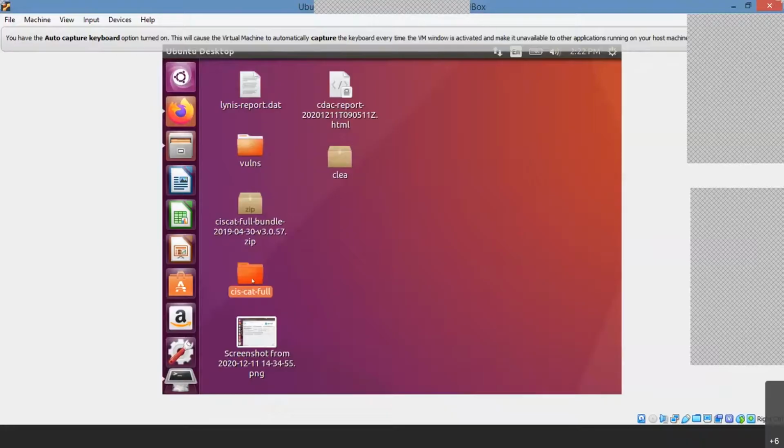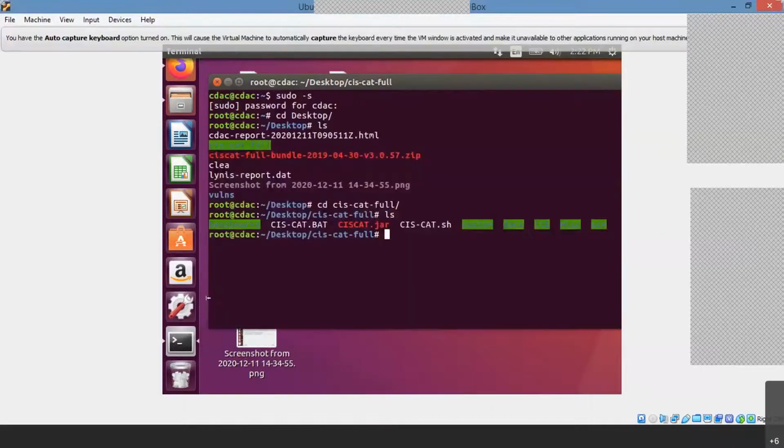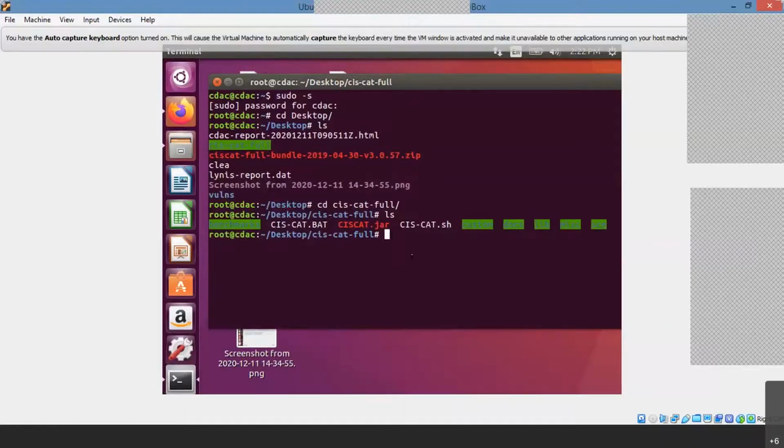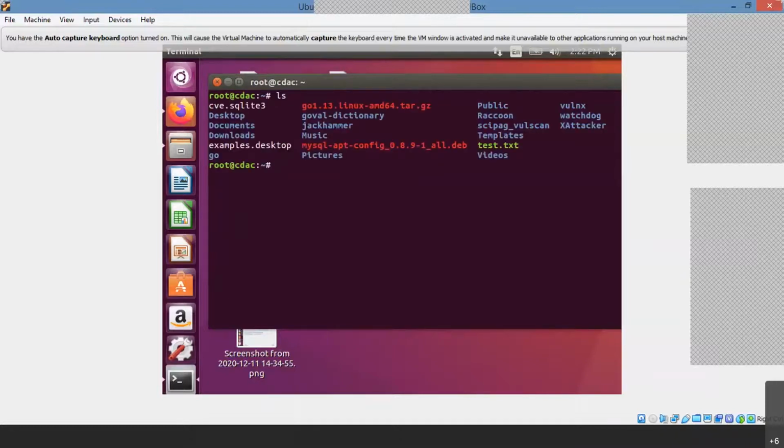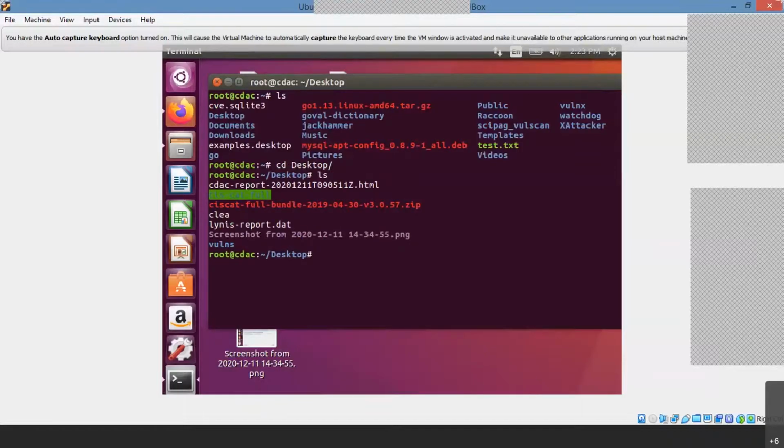Okay, yeah. So as soon as you download the tool, after extracting you will get a zip file, right? So you have to extract the zip file and install the script. So you have to use this file. So cd, change the directory, clear the screen. So ls, this is the directory. Where exactly am I here? I copied my file into the desktop, right? So cd desktop, ls. Here is my zip file, where I downloaded and pasted it. After extracting, I got this syscat full tool.